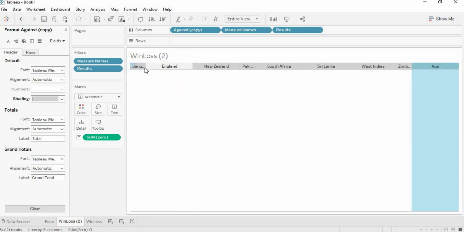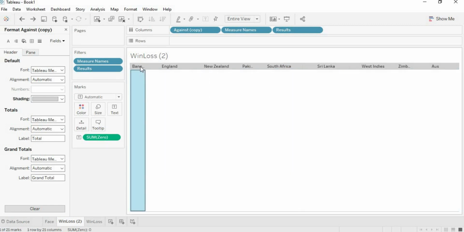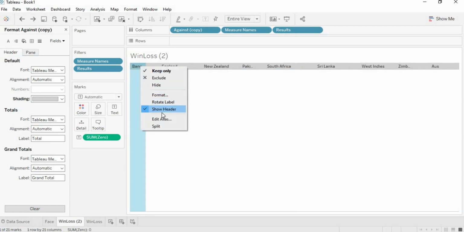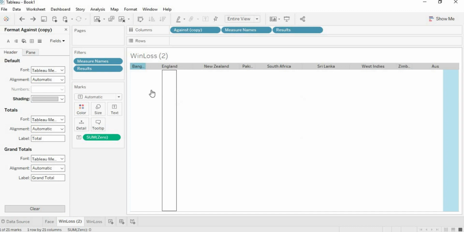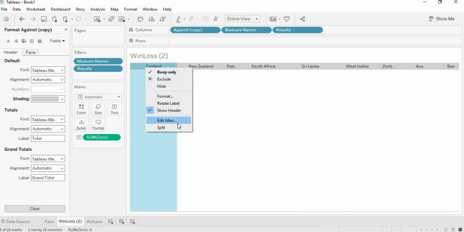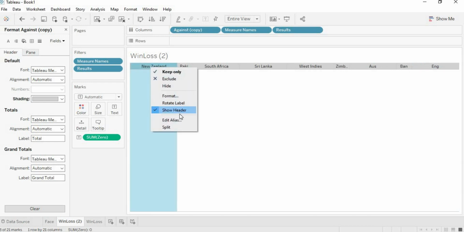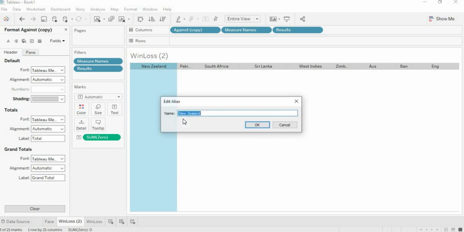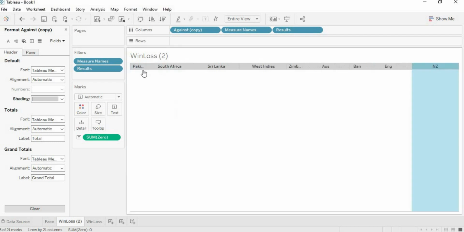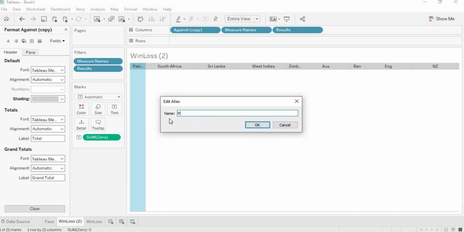AUS for Australia. Bangladesh. Edit aliases, England. Edit aliases, NZ. Pakistan.